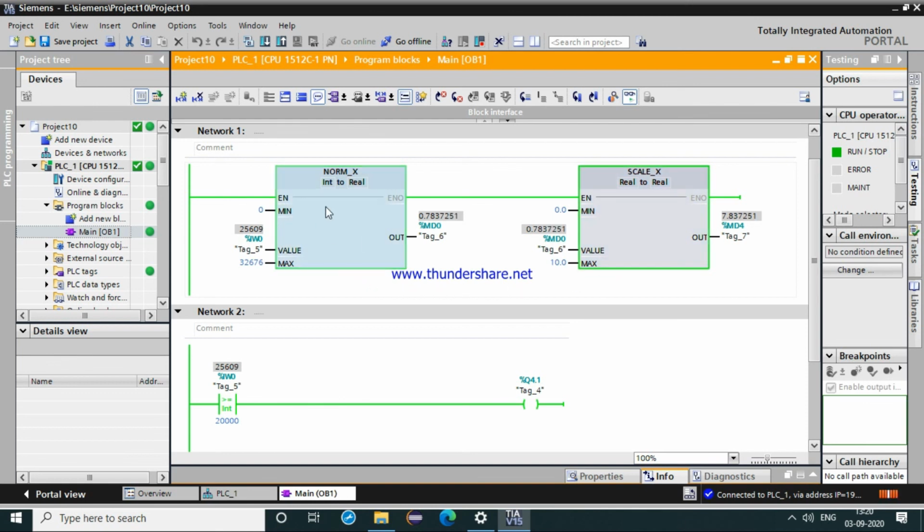So this is the function of NORM_X and SCALE_X for analog, giving our analog input and ranging it according to the bit size and getting the outputs. And we can use these analogs for different sensors, thermal sensors, or various LVDT sensors, to calculate varying measures.